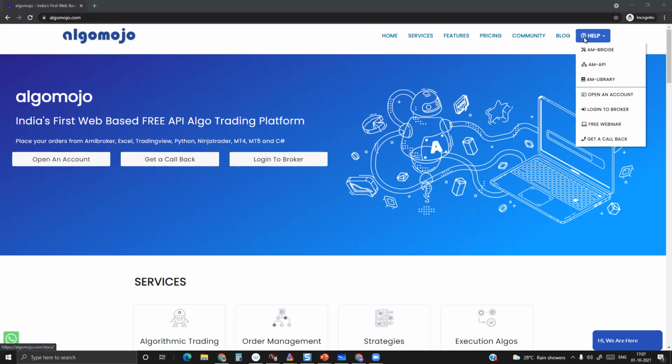In today's session, what we are going to talk about is how to use AlgoMojo, particularly how you can send automated orders from TradingView to AlgoMojo, and what the features of AlgoMojo are. That is what we're going to explore. For the next 1 hour, the entire talk is about how to connect your strategies from TradingView and transmit them to AlgoMojo. First of all, I'll go to TradingView.